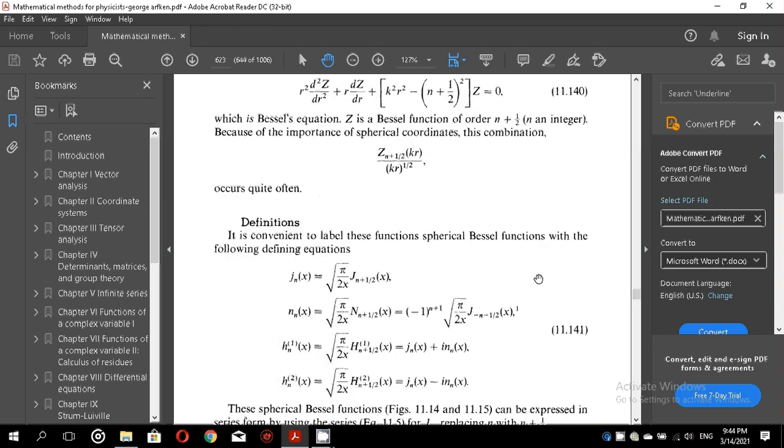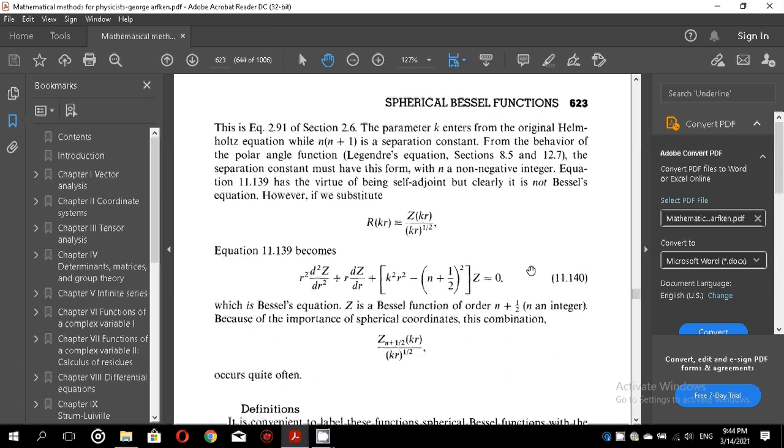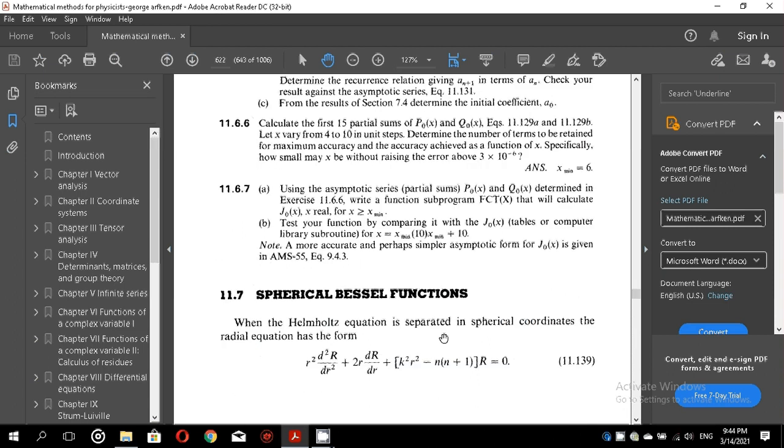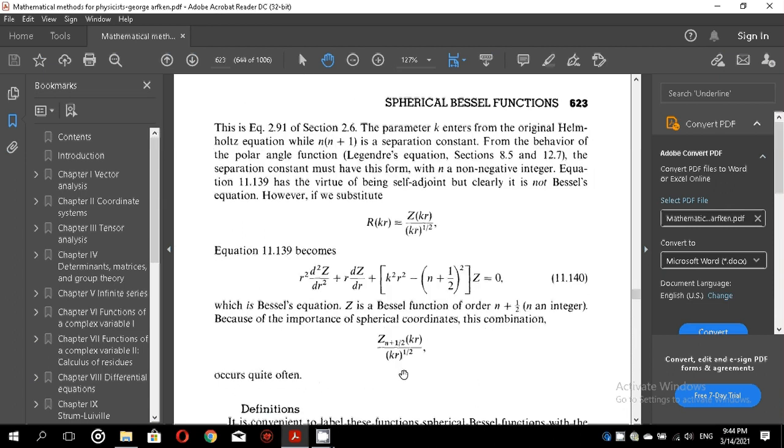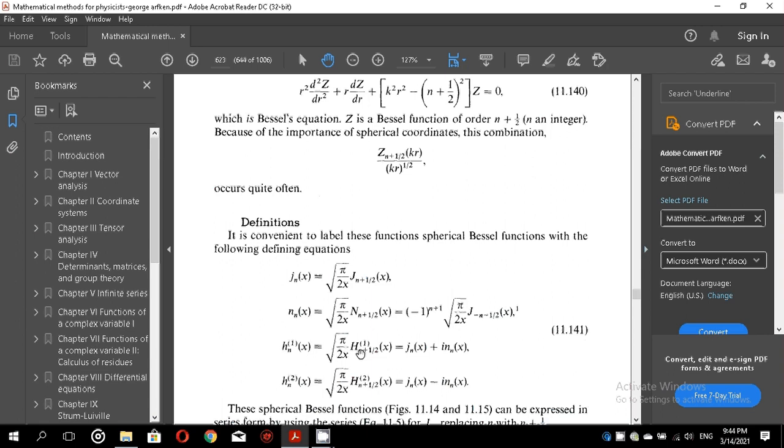So here we have a form of the Bessel's differential equation, and we see that this is the Bessel's differential equation of order n plus half. Okay, so the solution for this particular equation can be written using the Bessel's functions of first kind, and we represent the spherical Bessel function as we have defined here